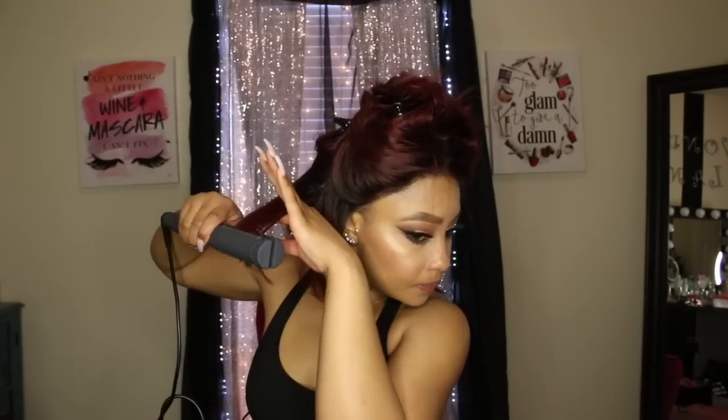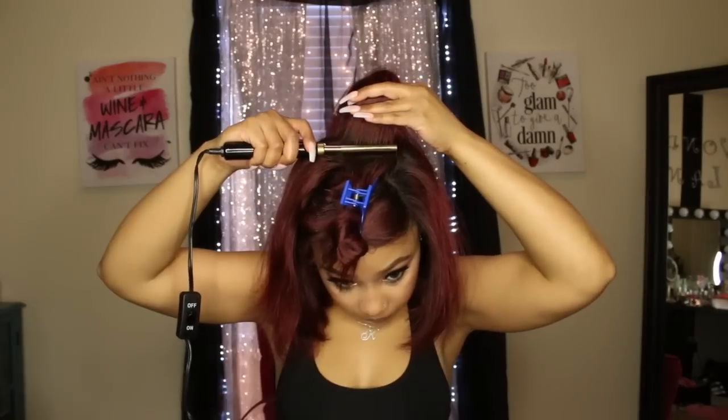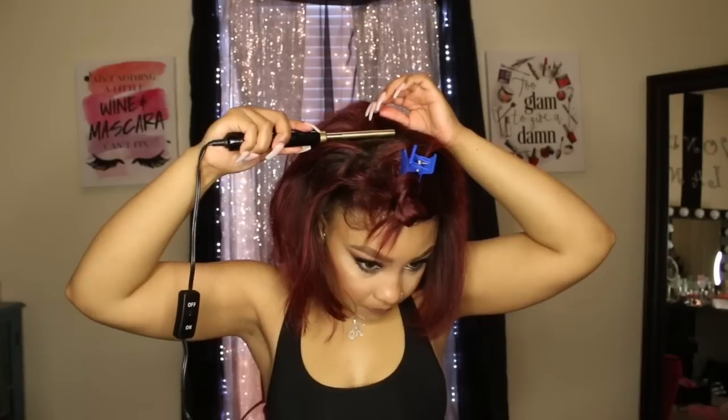I just work my way all the way around on the back layer, and then I go ahead and take some more hair down and clip up the top. I also did get a heat comb or a hot comb, and I am using this on my wigs now. This is something new that I just got, so it does really help to get the wig nice and flat,